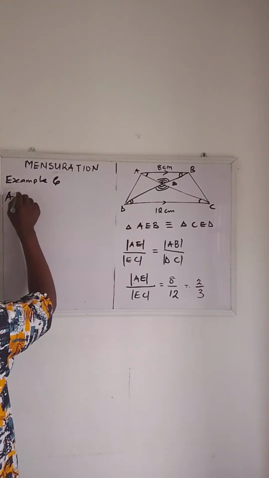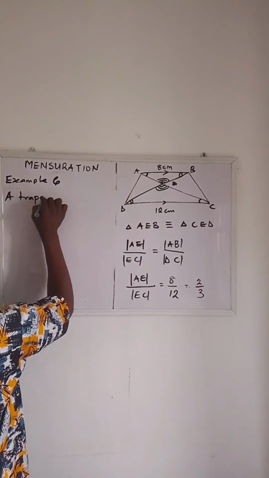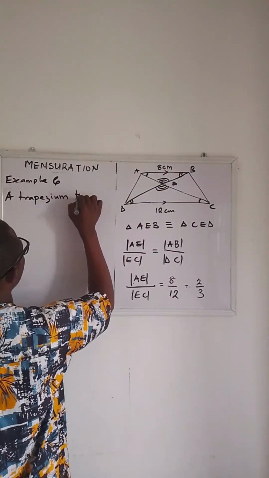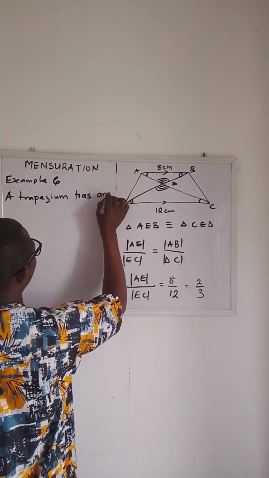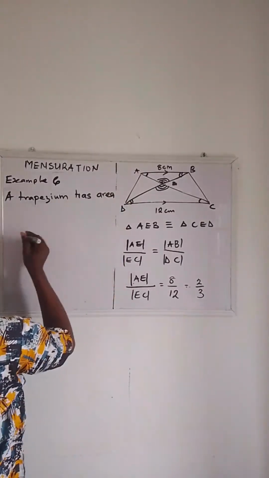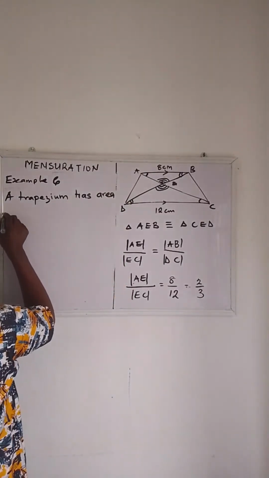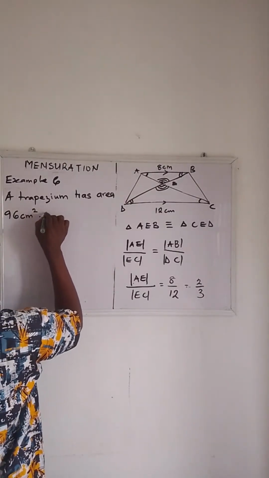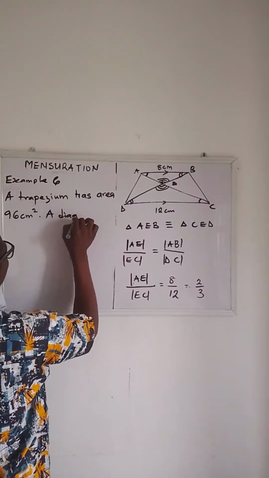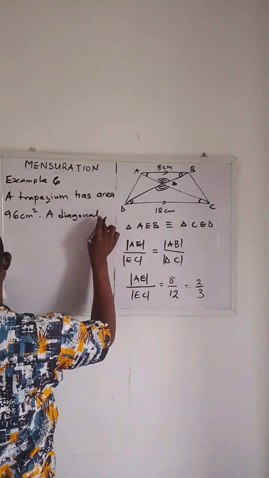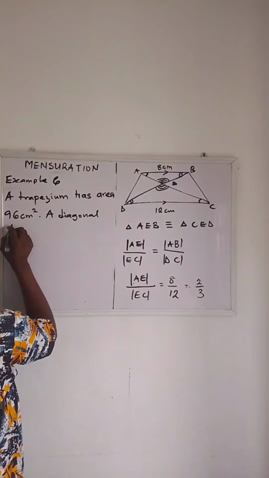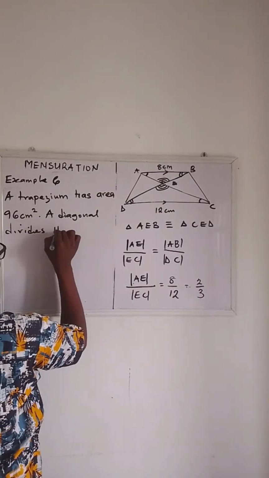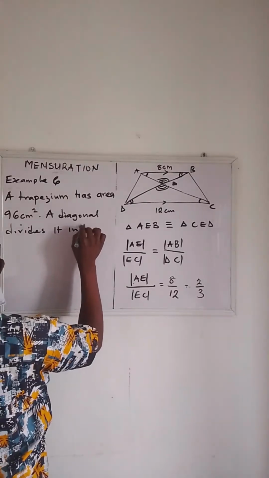A trapezium has area 96 centimeters square. A diagonal divides it into